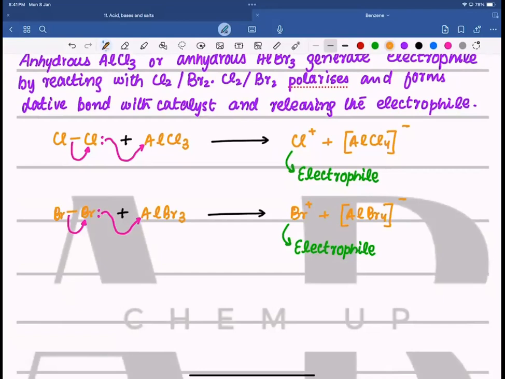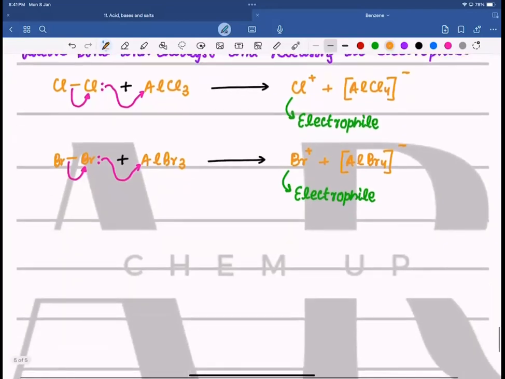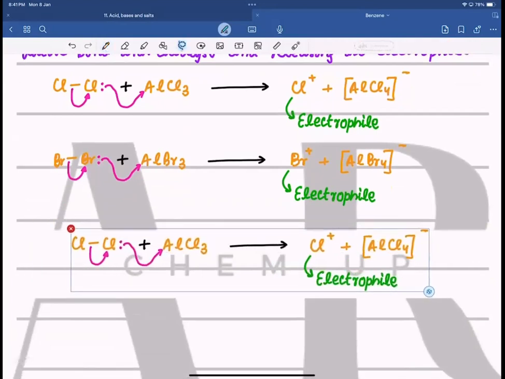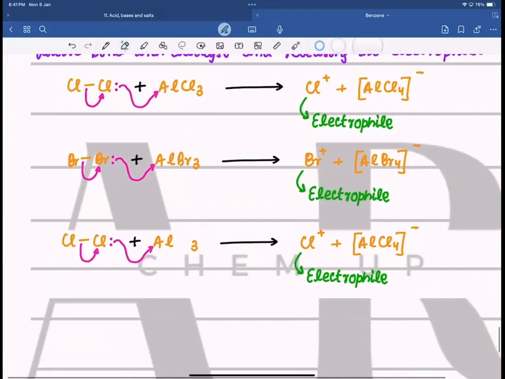The same thing happens over here as well. Okay, now interestingly, what else can happen? See over here, for example, there is a chlorine molecule, but we use the catalyst AlBr3. Then again, the same thing will happen. We are left with the Cl positive, and here we are going to get AlBr